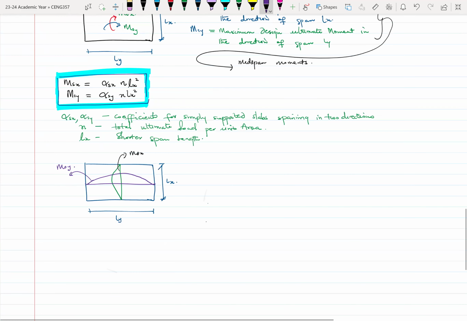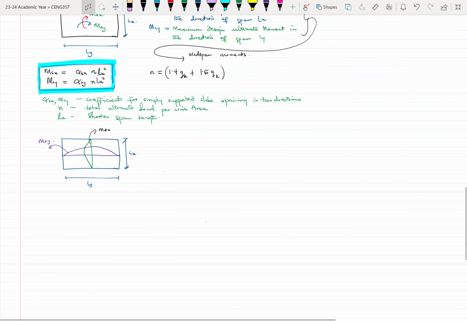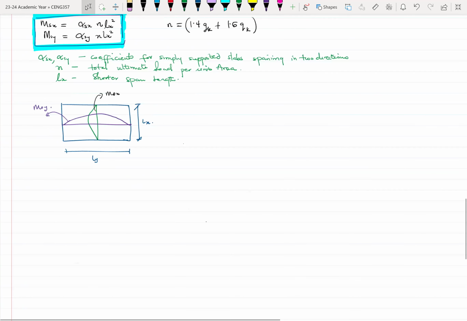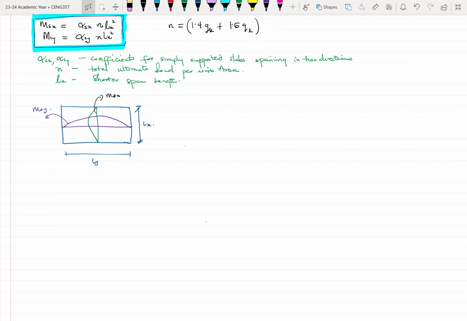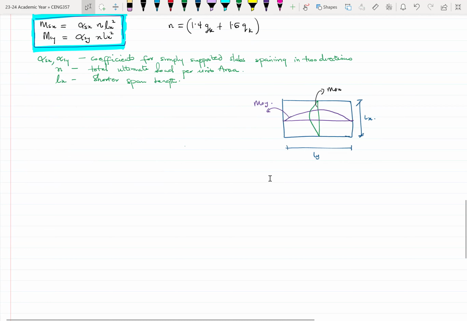Okay. The other equation for n, which we already know, is 1.4 Gk plus 1.6 Qk. Okay, so that's supposed to be the dead and then the live load, right? And then once we calculate the moments Msx and Msy, we need to use this moment to find the area of steel, all right? So what this means is that I think I can move this one towards the